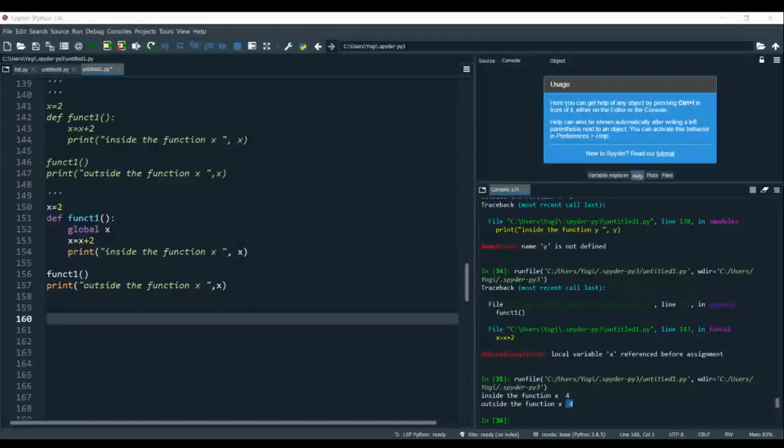Is there any doubt in the different types of arguments, or is that clear? Okay, the concept of the lambda function, is that clear too? Okay, fine then.